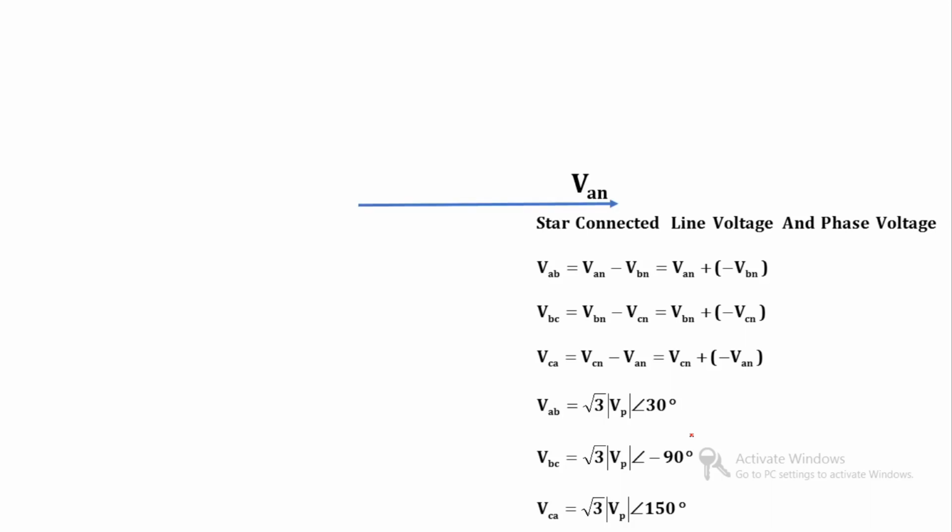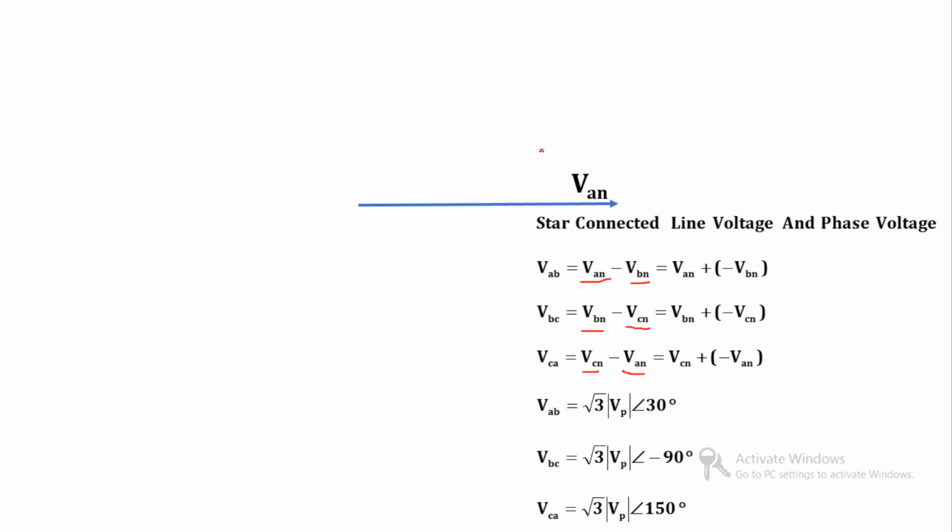So suppose this is the phasor of VAN. Now here we need two types of phasor. You can mark over here that here it is plus VAN, here it is minus VAN. Here it is plus VBN, this is minus VBN. This is plus VCN, this is minus VCN. So what is this plus VAN and minus VAN? This is nothing but two phasors with a phase difference of 180 degrees. Clear? So you can see over here, this is plus VAN.